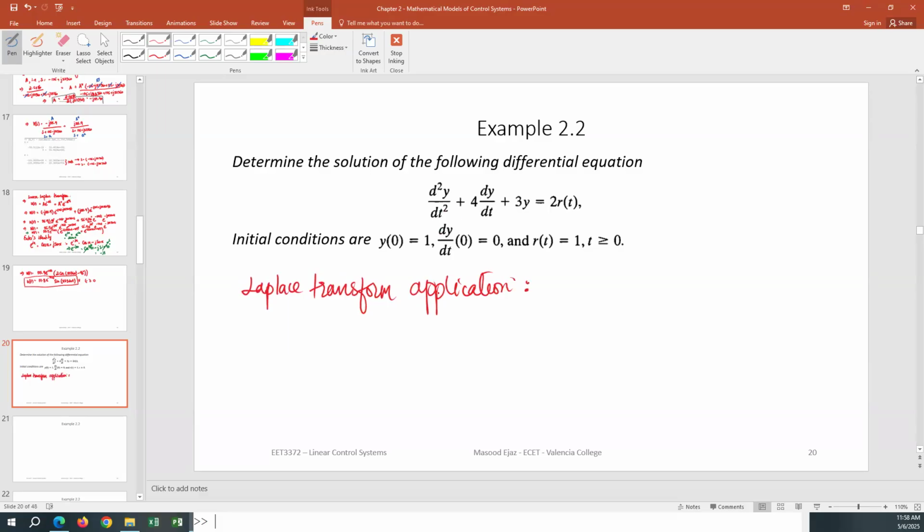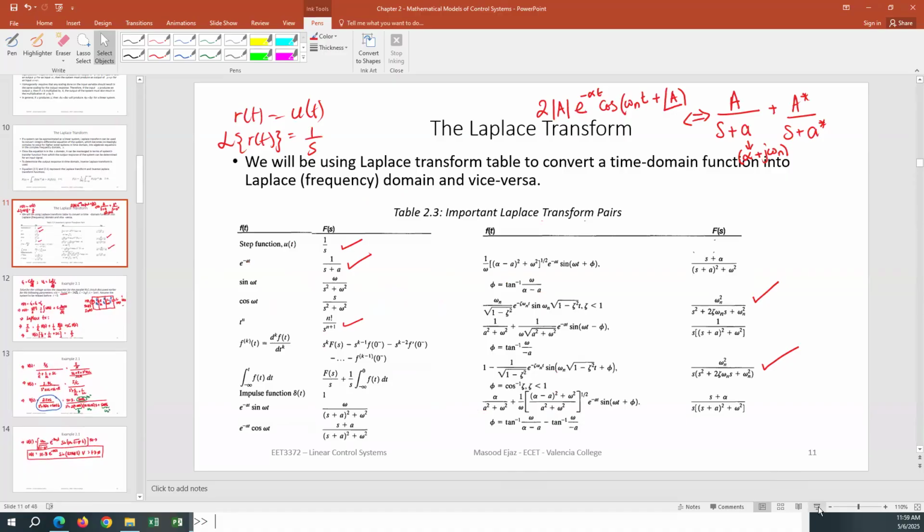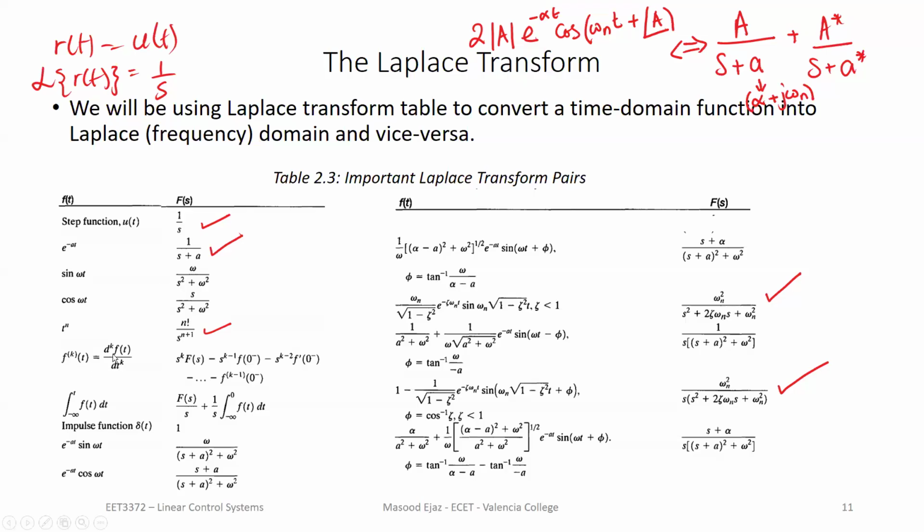So when you apply the Laplace transform on this, generally we write it down as Laplace transform, and that's how we write it inside the braces. So when we apply the Laplace transform on this, what are we going to get? The Laplace transform of the second order derivative. Let's go and check. The Laplace transform of the second order derivative right here is going to be s squared F(s) minus s to the power 2 minus 1,